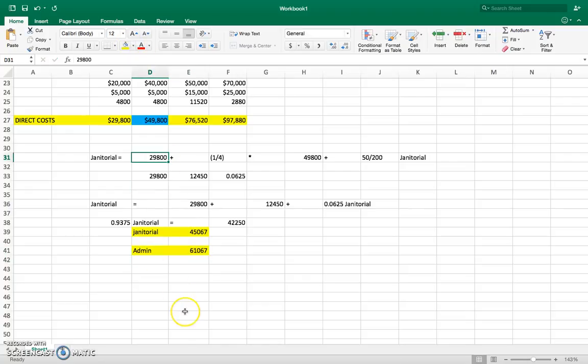Now that you have calculated both costs using that very lengthy process, you will now proceed to allocating these costs. So first off, let's take janitorial. It doesn't really matter which one you take first. So let's take janitorial, admin, books. Oh, sorry, not books. That is CDs and other media. And we're going to allocate janitorial based on the square meters because that is relevant to janitorial, right? So janitorial is